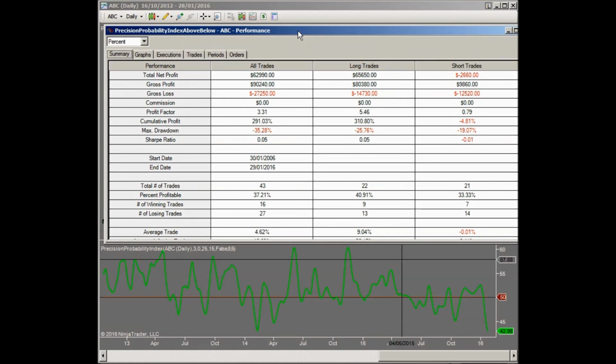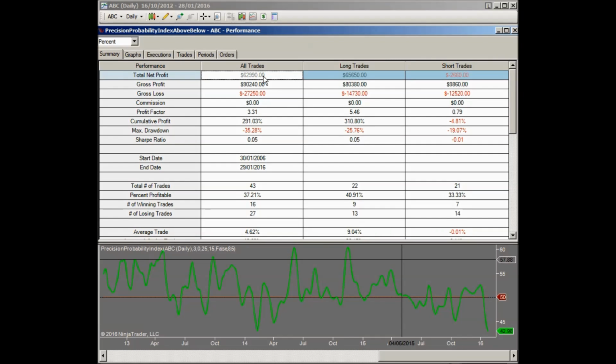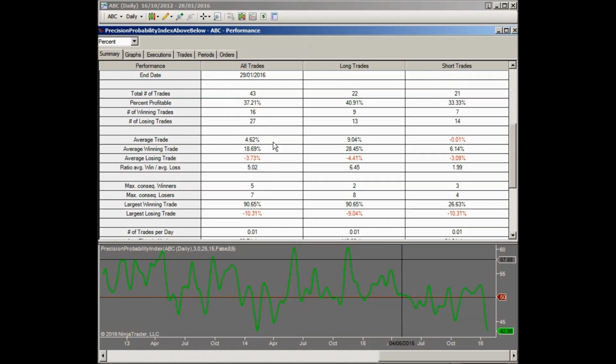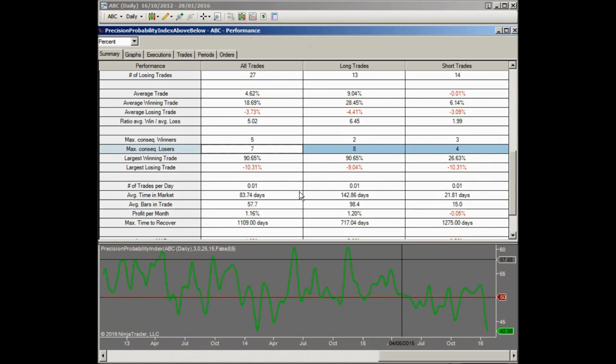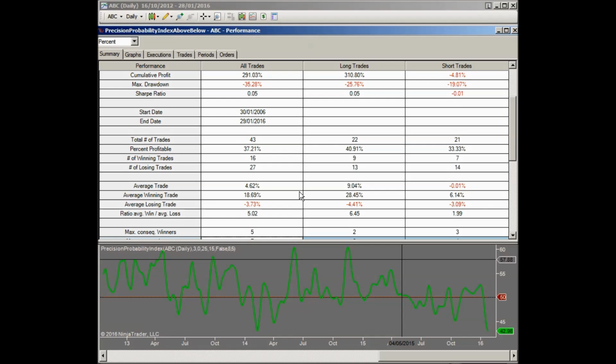So it's gone up yet again to 62,000 as a result of moving that skew and creating a dead spot of 2 points. Percent profitable has fallen slightly, but the risk reward ratio has gone through the roof to 5. Maximum consecutive winners is 5, maximum consecutive losers is 7,